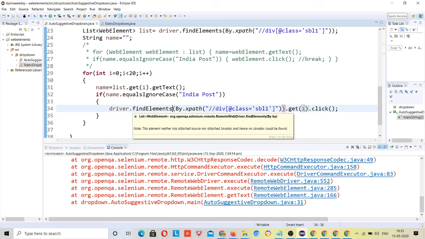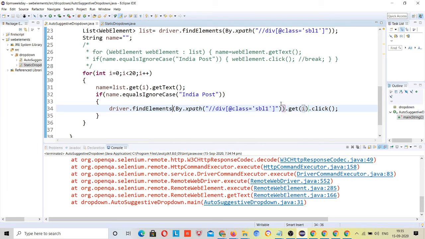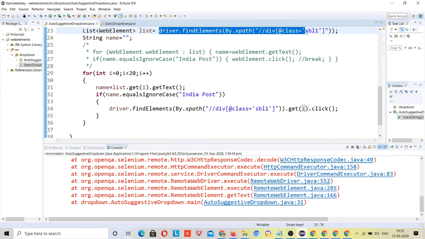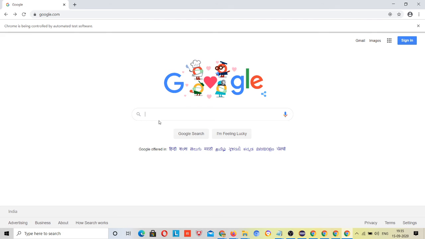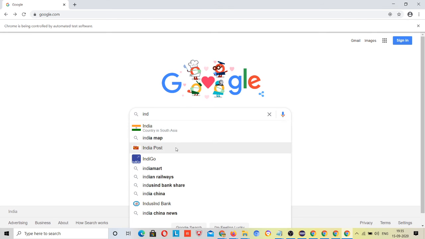But what you did before, you just used findElement and click, so it will go and match with this India Post. But when you say click on this element, I have removed findElements and click on this element, then it will click on the first result, just because you have not told it that you are in this position, you have to click on this, right?